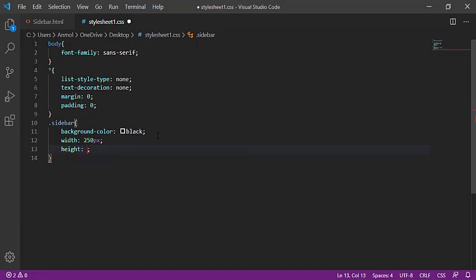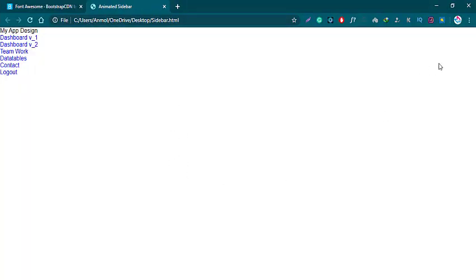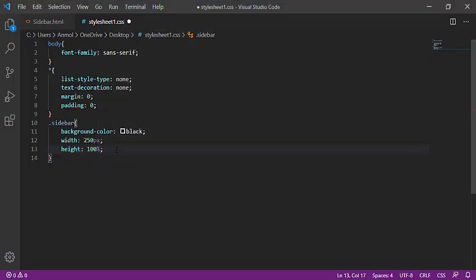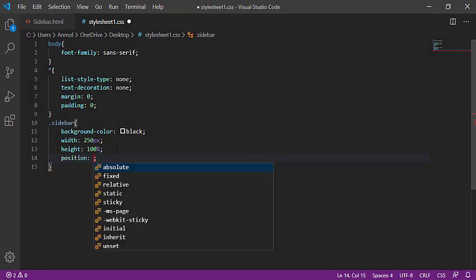Giving the height 100%. Okay, in this if we give the HTML document 100%, then it will work the scrolling. So I don't want to add the scrolling options in my document, and I will give this sidebar position fixed.